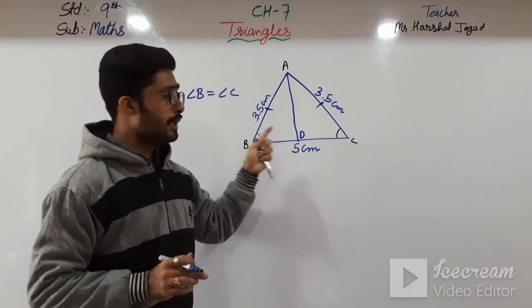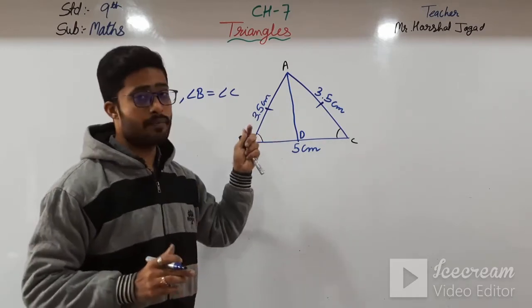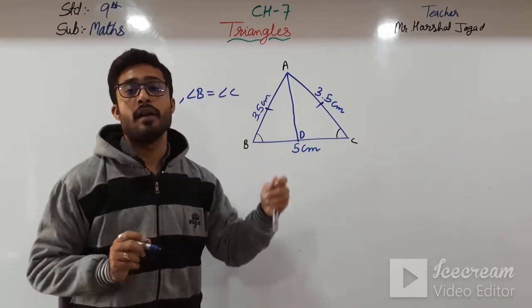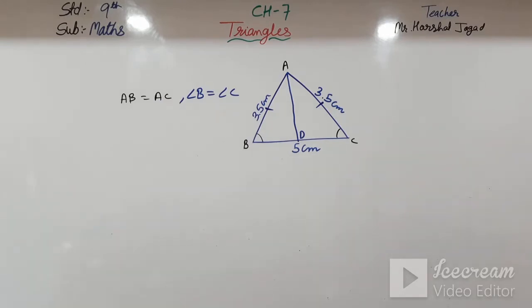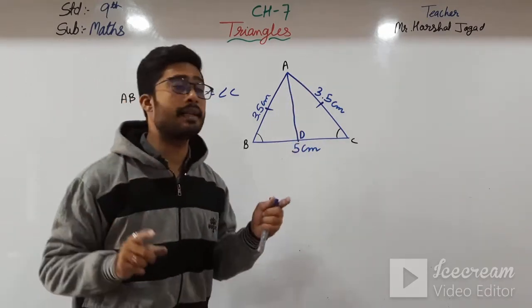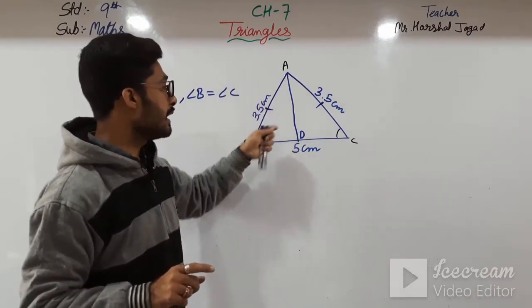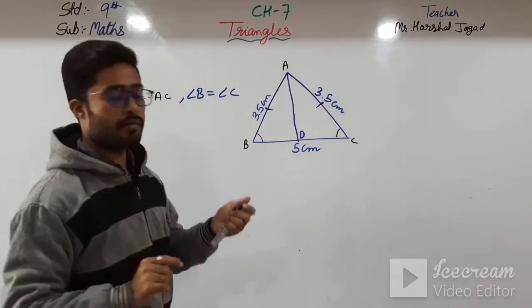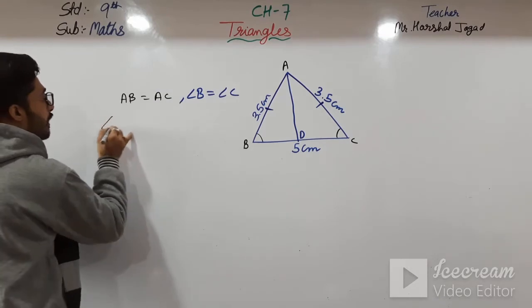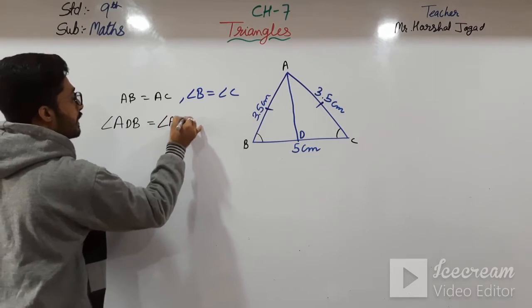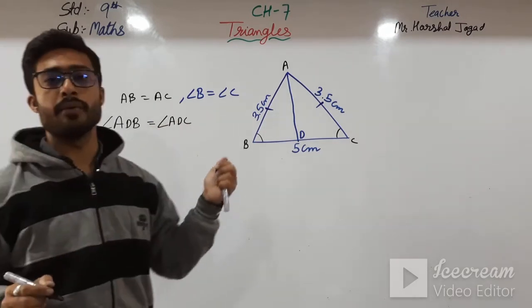Then here we know this is a right angle because the bisector is always 90 degrees from here. Then what is next? That is angle BAD is equal to angle CAD. By construction we can say that it is a bisector. So from that we can say that angle ADB and angle ADC are equal to each other. Why? Because it is a bisector of A. So angle ADB is equal to angle ADC. These both are equal to each other.